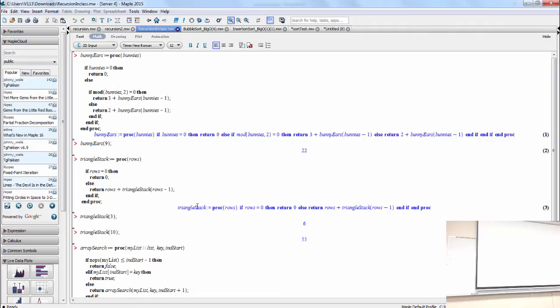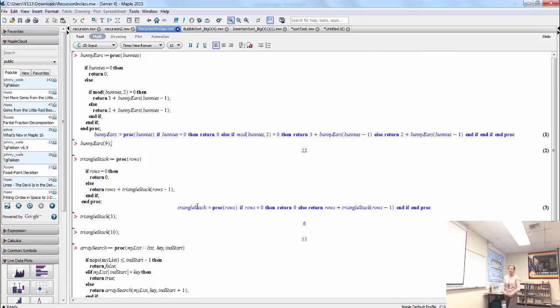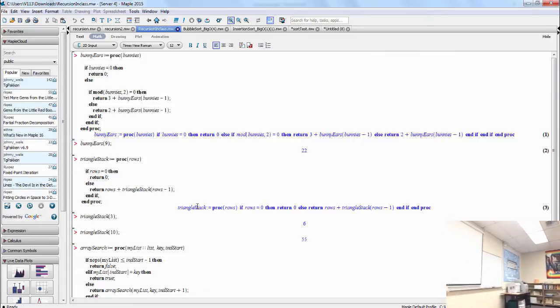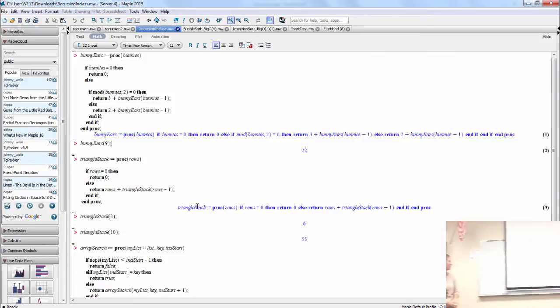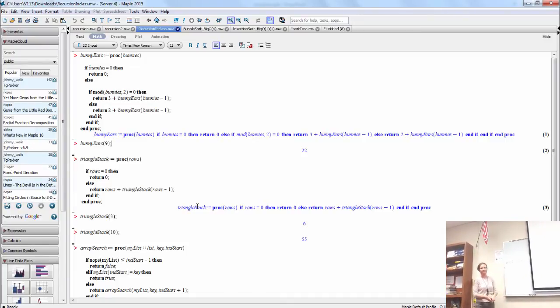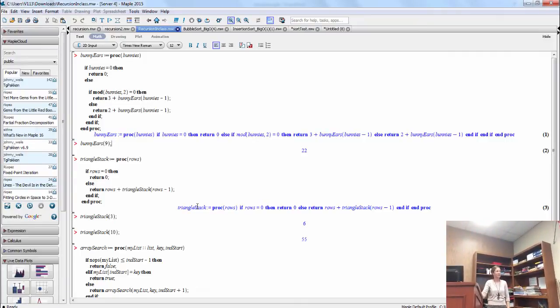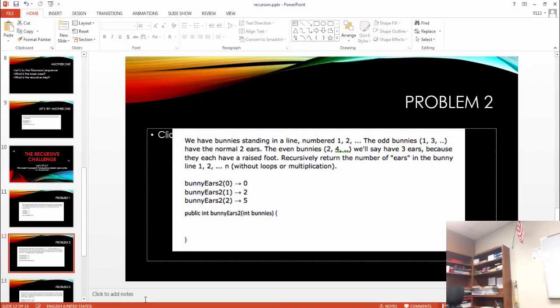We did this in Java, so I'm like, what is the modulus operator? Yeah, exactly. When you want to see if something is even, when you mod 2, it should come out as 0. And if you want to see if something is odd, when you mod 2, it should come out as 1. Okay, so good. Remember, a lot of these recursive problems are solved the same way.